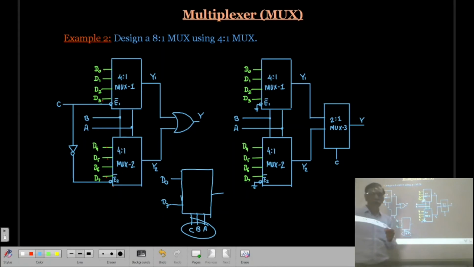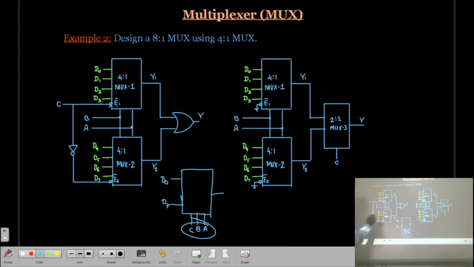So how do we make a third selection line? For that, I already mentioned that one more input line is there in the multiplexer, called the enable line, and it is active low. So this enable line, I can use as a selection line.